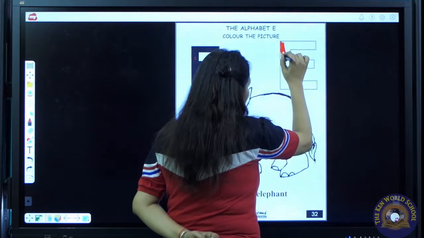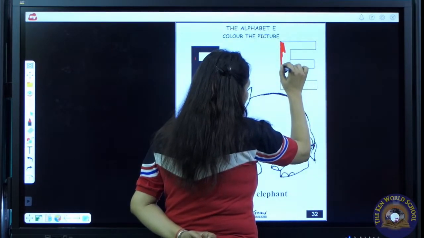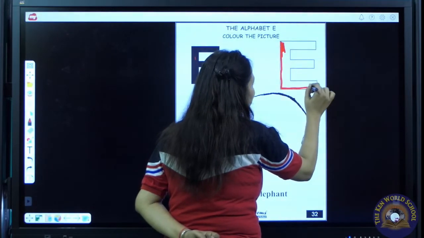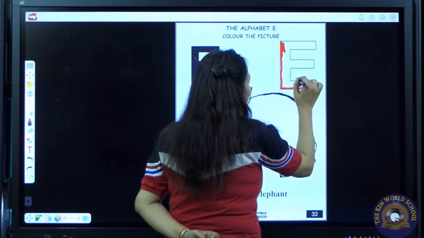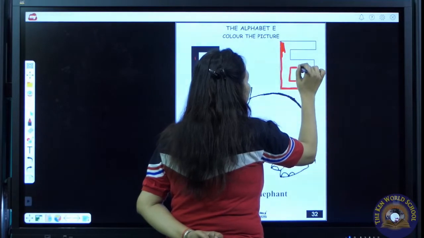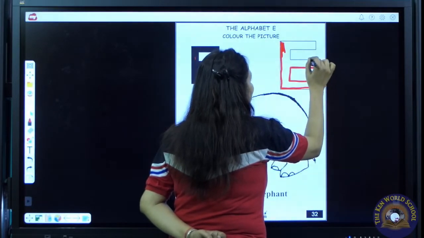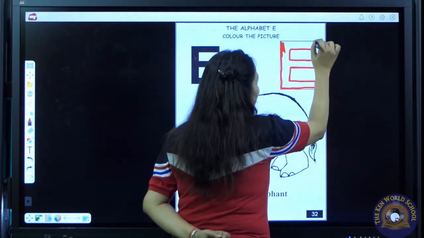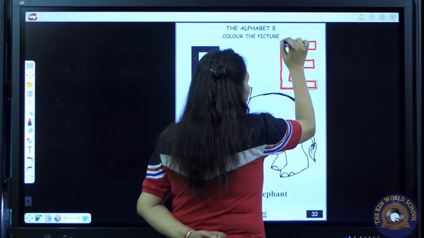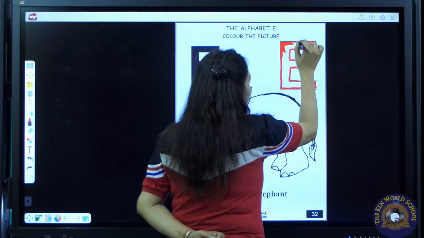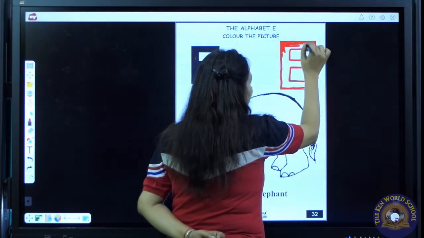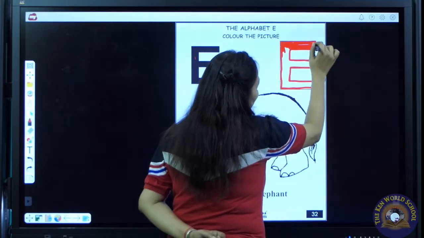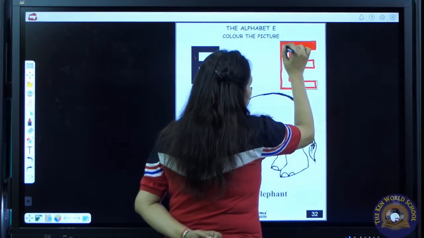We should do coloring properly. It should not go out from the boundary lines. We can draw a boundary line. So the color should not go out of the boundary line.